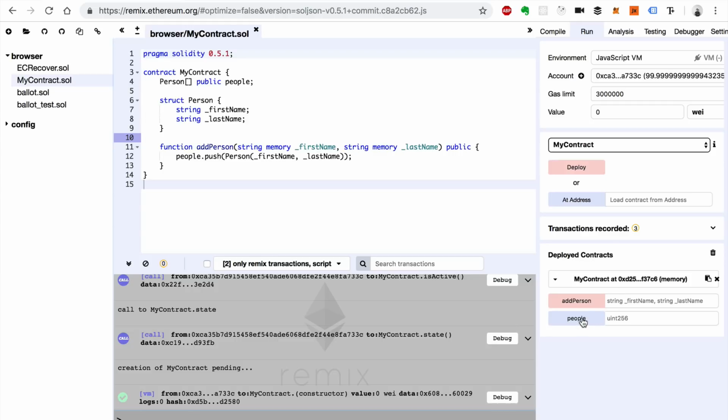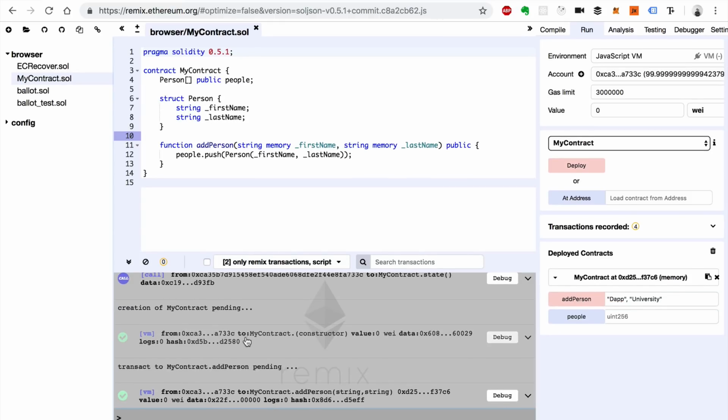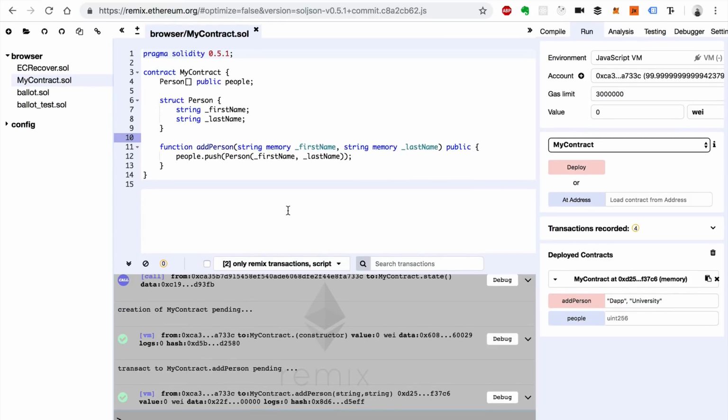So let's go ahead and add the person. Add person. Oops, sorry. Let's do the first name. So first name will be Dapp. Last name will be University. We'll add person. Okay. Awesome. So that didn't give us any errors. Now, how do we read this person out of here? That's a good question. So we added this person to an array, but whenever we call this people function,